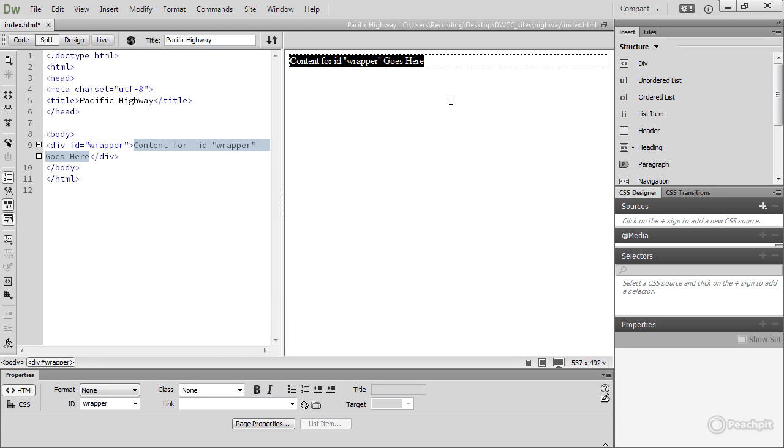In design view you can see the div. It's surrounded by this dotted line and there is placeholder text in between. In code view you can see div ID equals wrapper. The placeholder text is selected, and we don't need it. Just press delete to get rid of it, and you can see that your insertion point remains between the opening